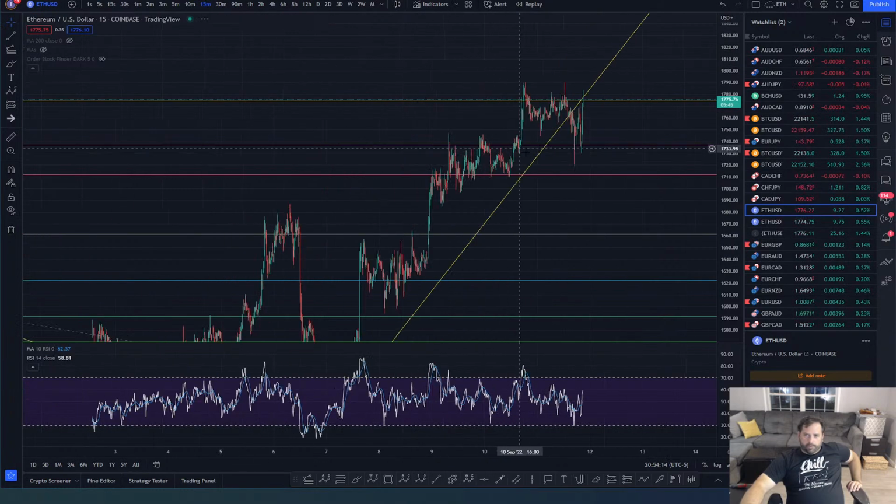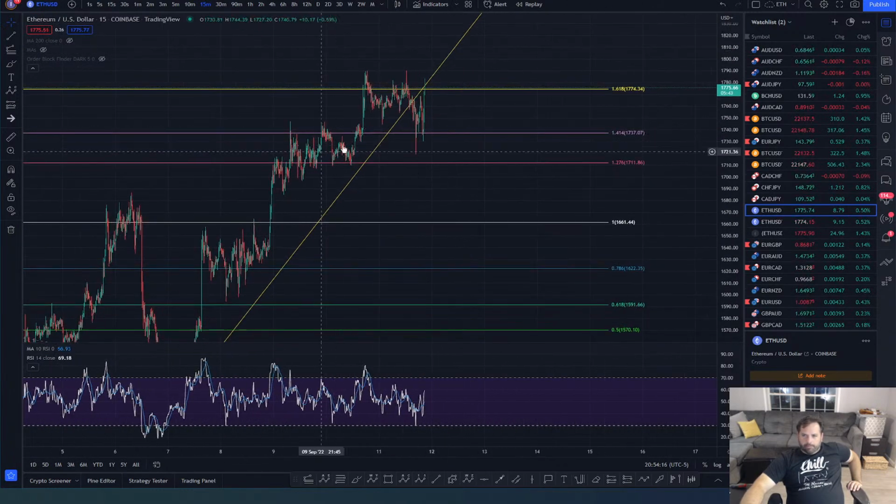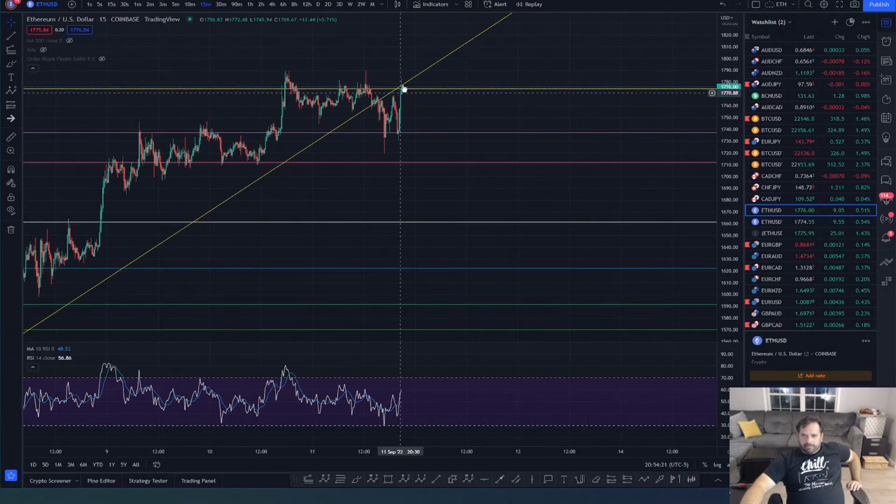That's a nice fourth wave shape there. Came down to the fourth of the previous degree, and now let's see this going up and break the highs. That would be ideal for me.